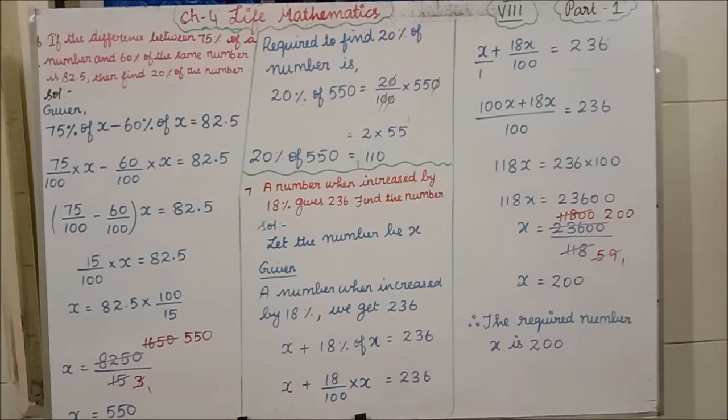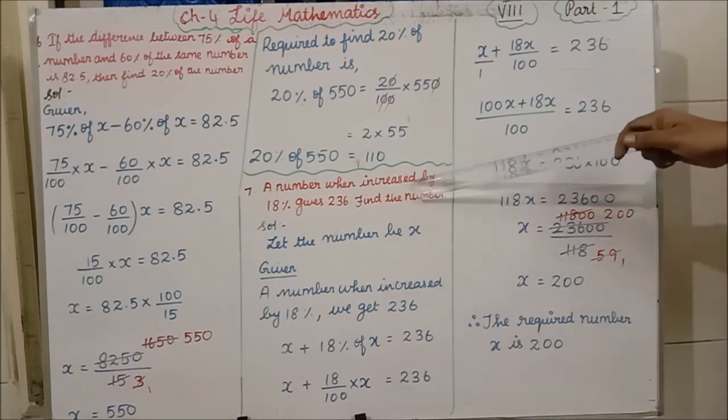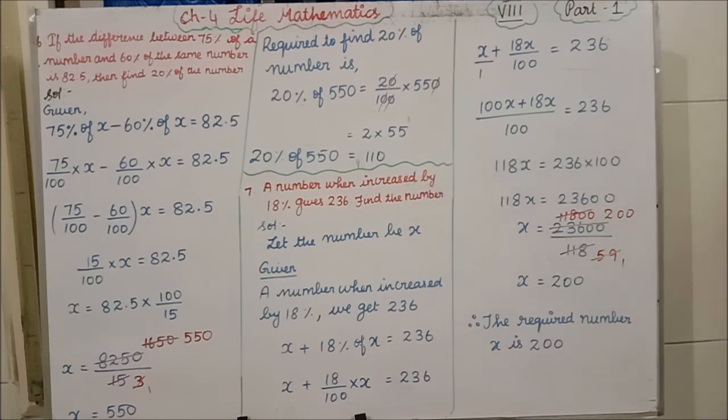Clear, students, all of you, the 7th question? The same type, 8th question, that you are going to do as homework. Instead of this 7th question, increased they have given. But in the 8th question, they have given decreased. So, I told you if decreased comes, we have to put a minus sign in between. The steps remaining, everything is the same only. So the same type, you have to do the 8th problem as homework. Clear, students?